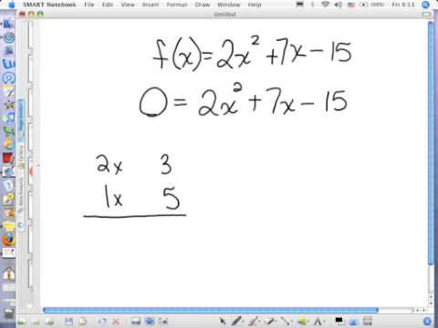When I cross multiply from top to bottom, 2x times 5 is 10x. 3 times 1x is 3x. Will these subtract to give me 7? And if it's a plus 10 and a minus 3, that'll give me my plus 7, right? If we did this